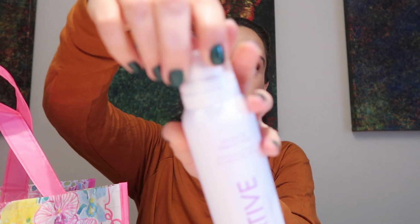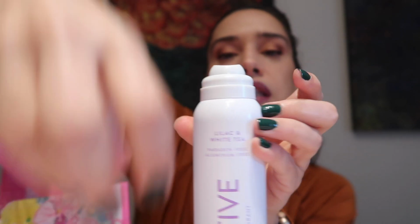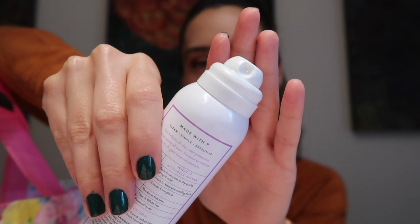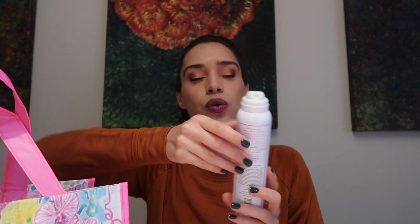So I actually really love their spray deodorant. I love that it is easy to take off. It doesn't feel weird under my armpits. The only issue I have with this is the packaging. You can see it comes with the top, and then when you remove the top, you have the nozzle. Well, the actual hole of the nozzle is too close to this rim here,